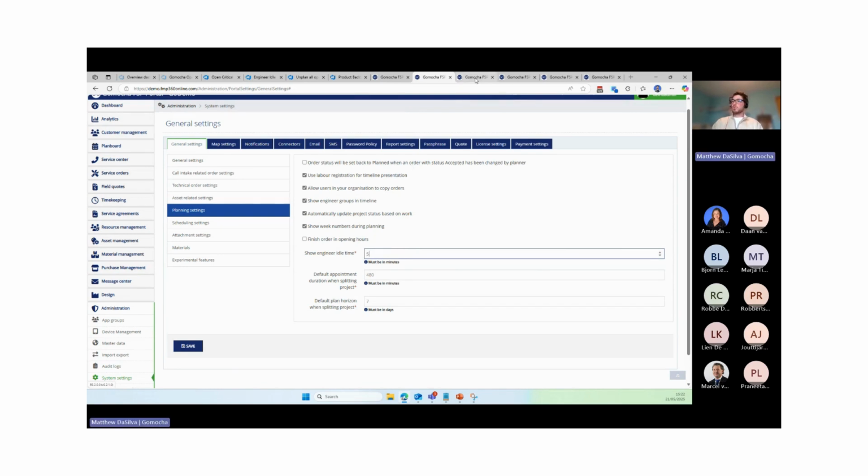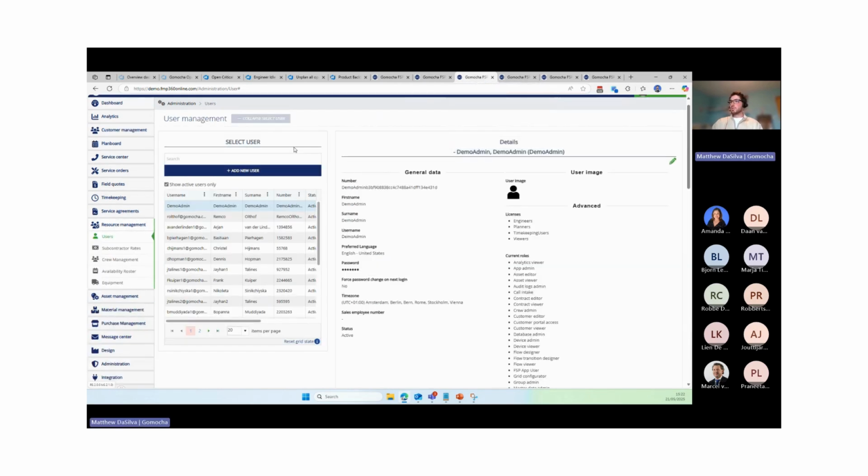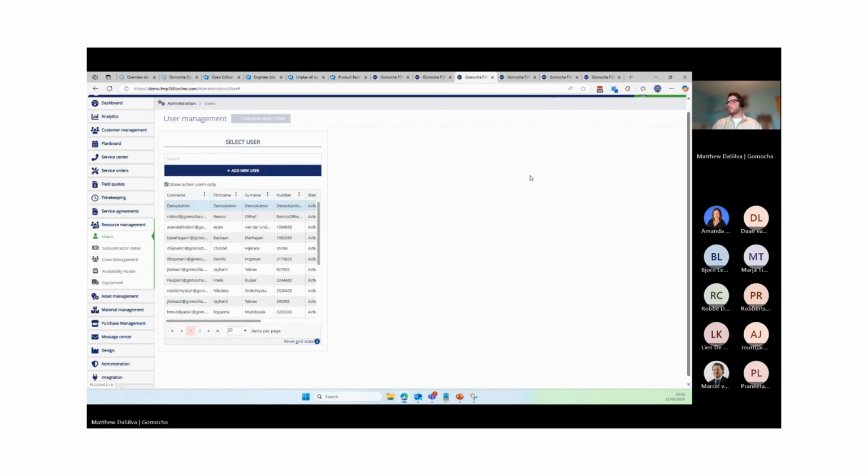Next step to set this up, you need to make sure that it is enabled in the technician or the user. In my case, this is my user, and here, or this one,